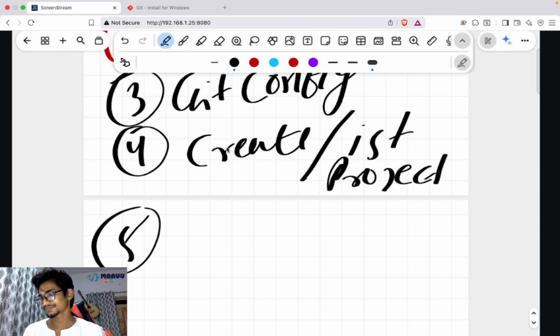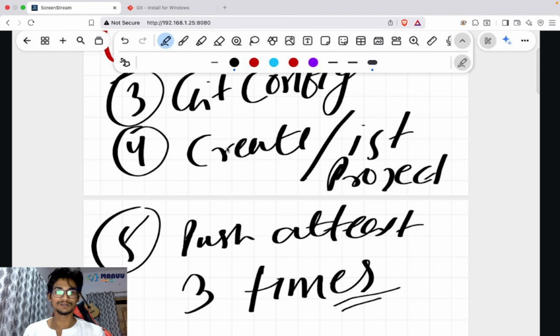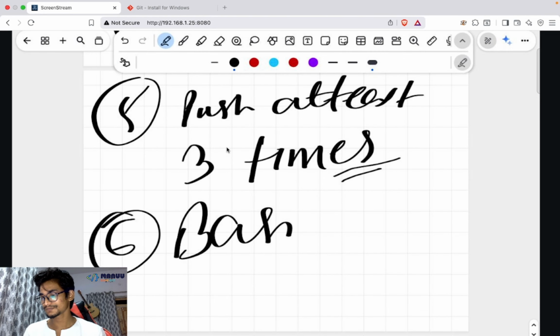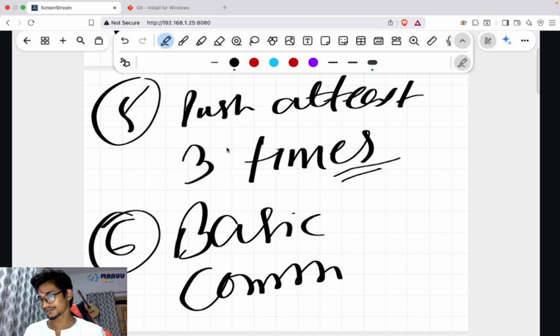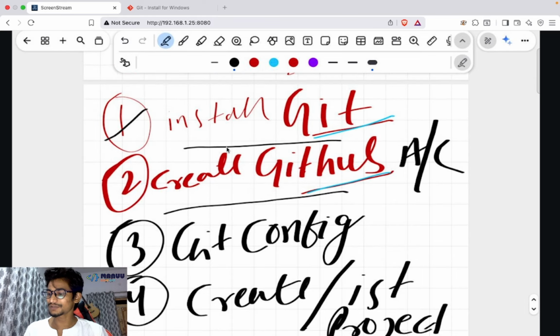I'll push at least 3 times. How to make changes, how to push. And I'll cover the basic commands as well, whatever commands are generally used. So let's get started with the first step, install Git.